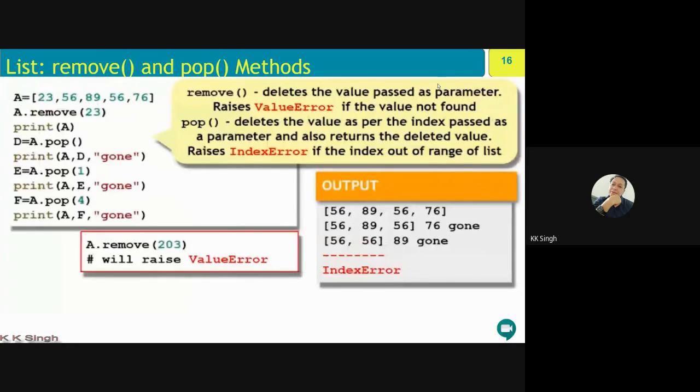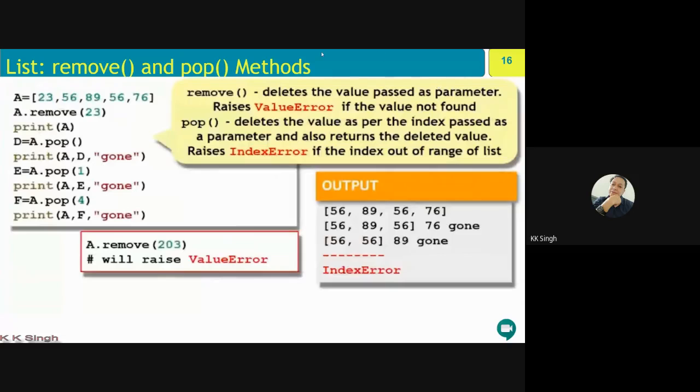When you use remove function, it will remove the value. But if you use pop to remove the value, certainly it will remove the value, but it extracts the value from the list. And this will not be the part of the list later.